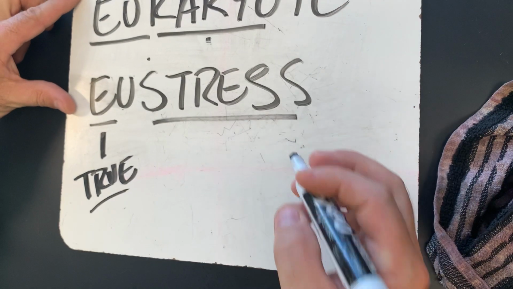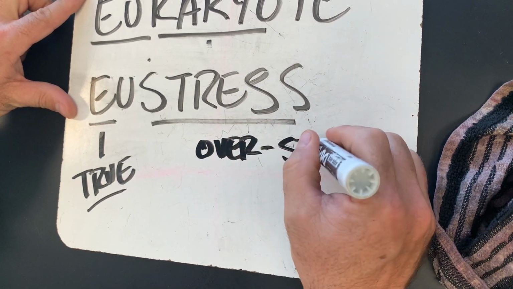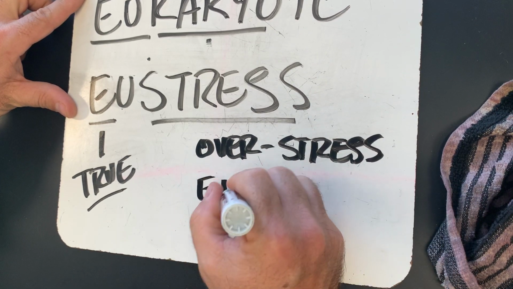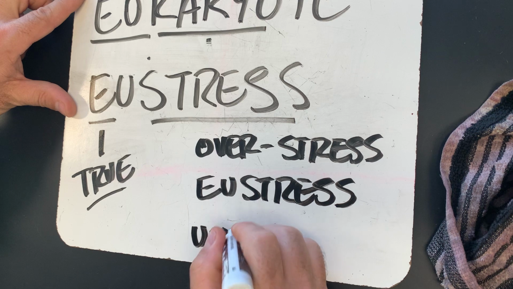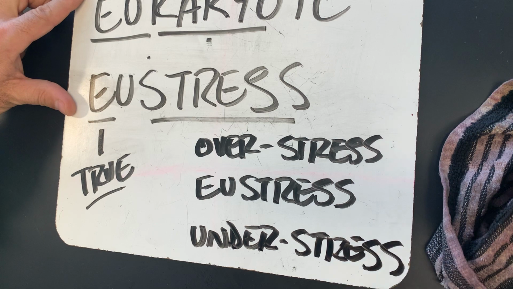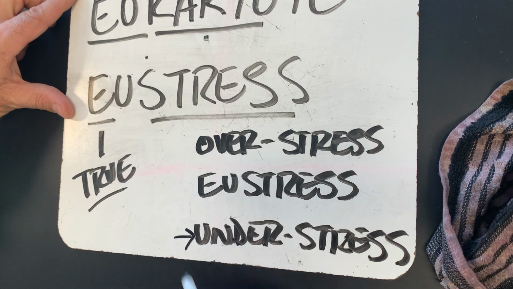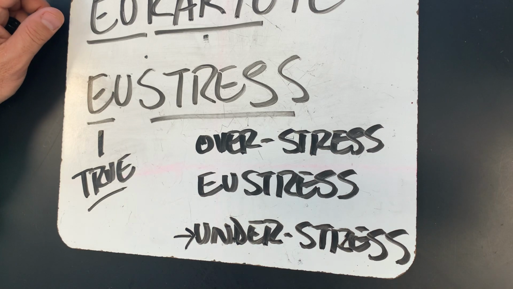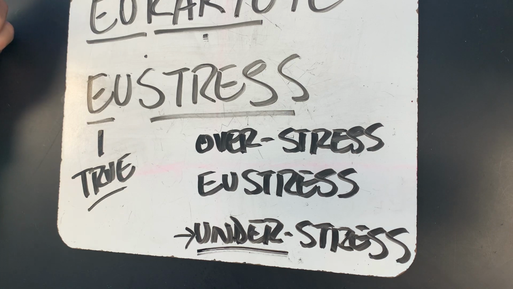So you could think of stress in three different ways. You've got overstress, where you're overstressed. You've got eustress. And you've got understressed. Understressed would be like you're so unmotivated that you never do anything. Everybody takes care of everything for you. These might be some people that are super wealthy, who were born wealthy and didn't have to accumulate this wealth. They're not really motivated to do a lot. They just hang out and don't do much.